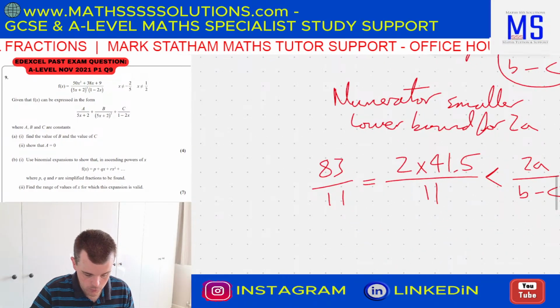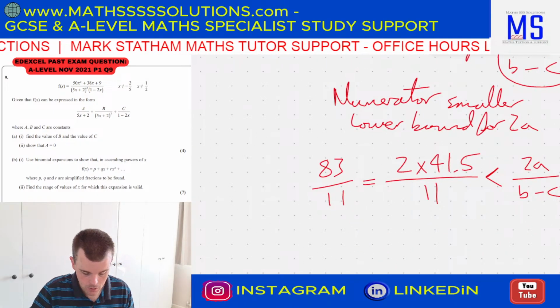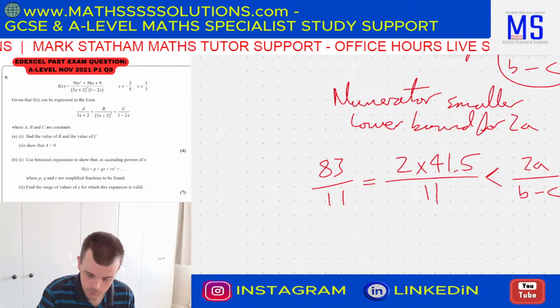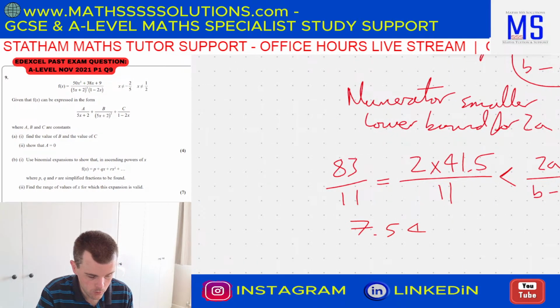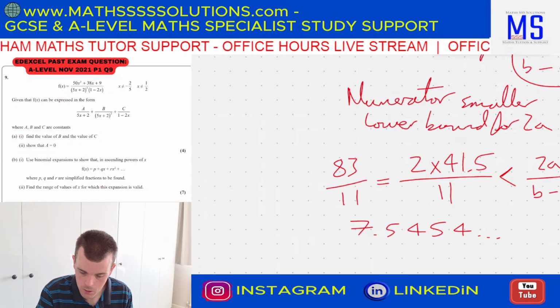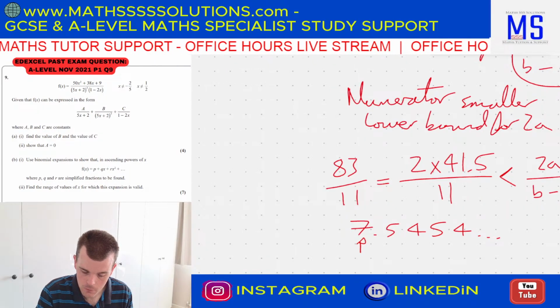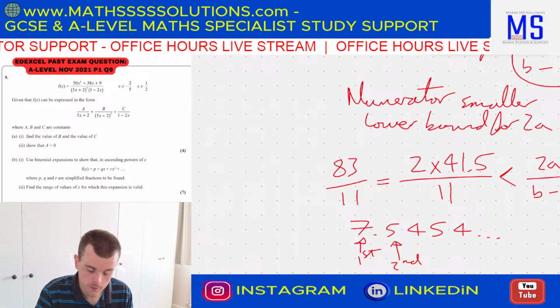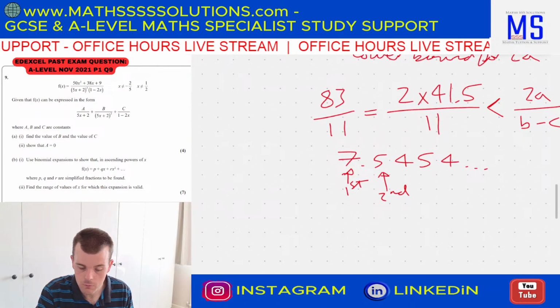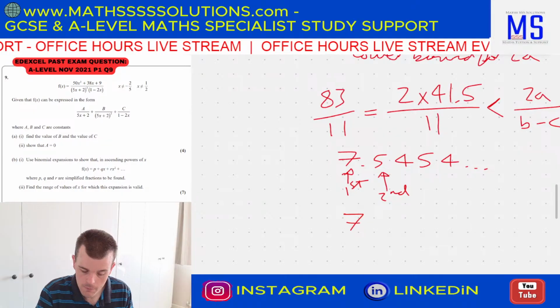So divide 83 by 11 and you'd get 7.5454, etc. To 2 significant figures, the first is the 7, the second is the 5. The next number is a 4, so you don't need to round up. So you'd put 7.5